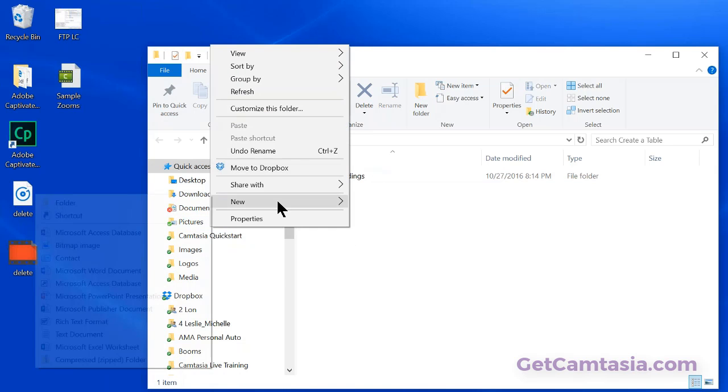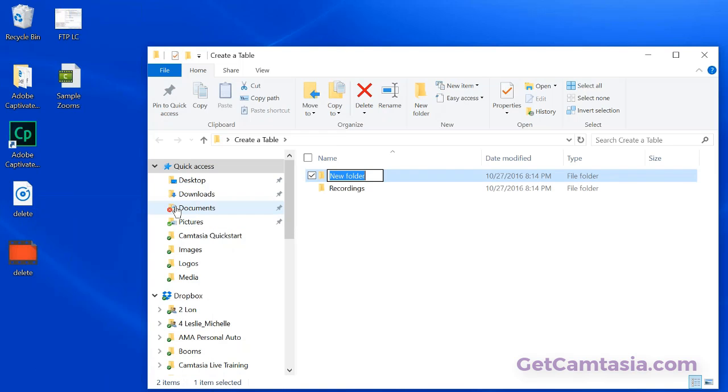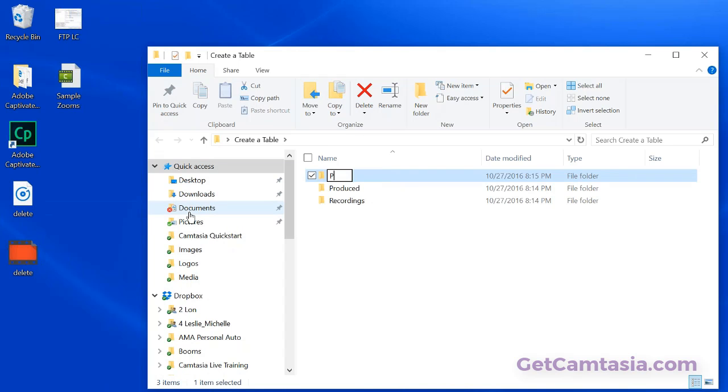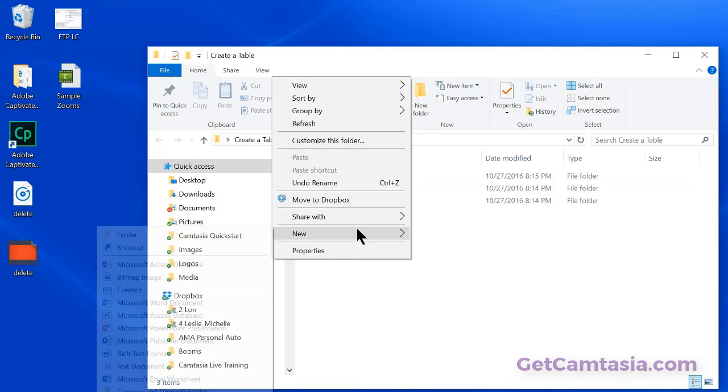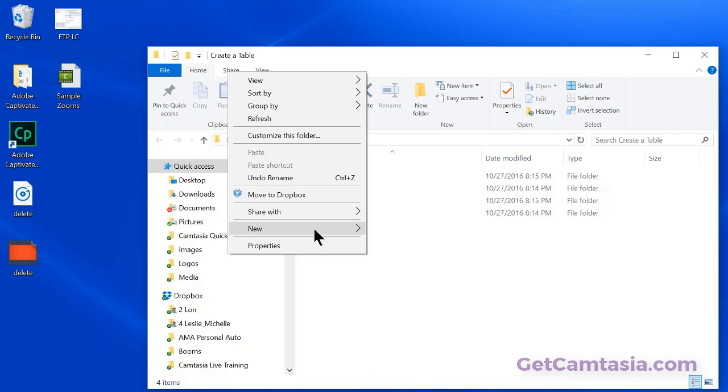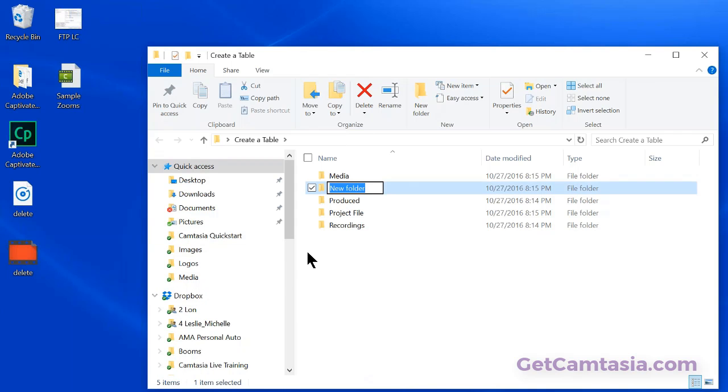The next one is Produced. I can do these in any order. It doesn't matter. The next one is Project File. The next one is Media, and the last one is Narration, because I record my narration separately